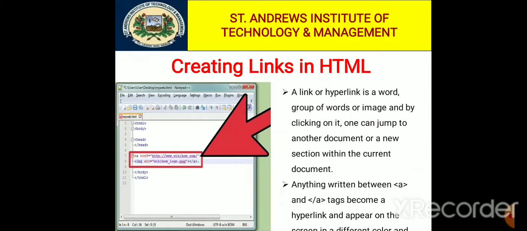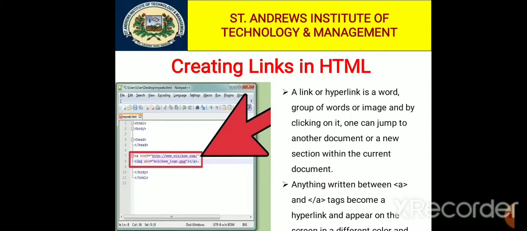So basically the anchor tag is composed of three elements: start and ending tags that enclose the whole link; the link target, meaning when we click on a word or an image, where we can jump to; and the link text, meaning the word, group of words or image shown on the web page.